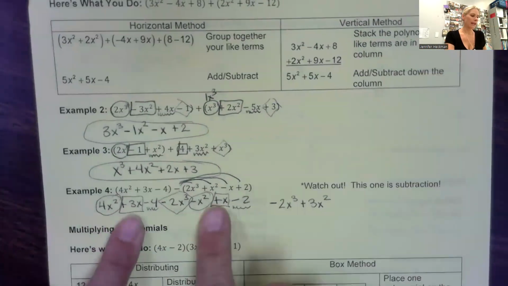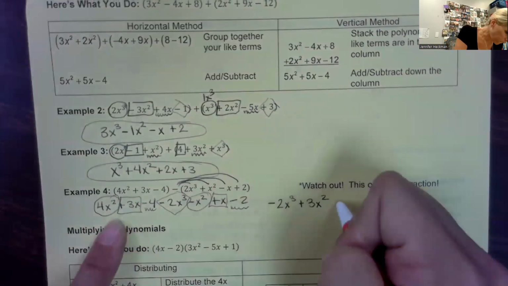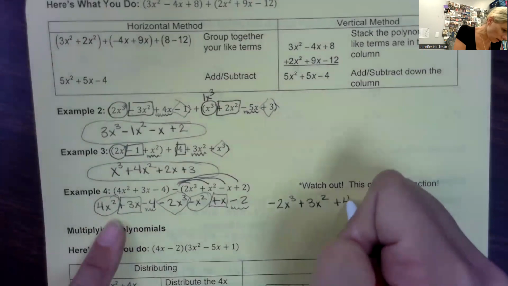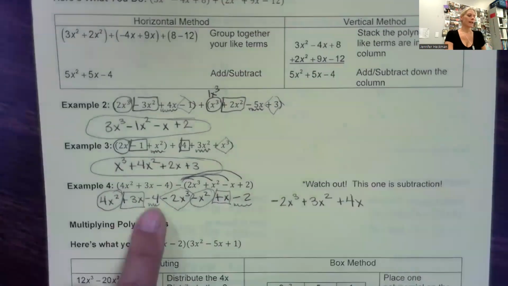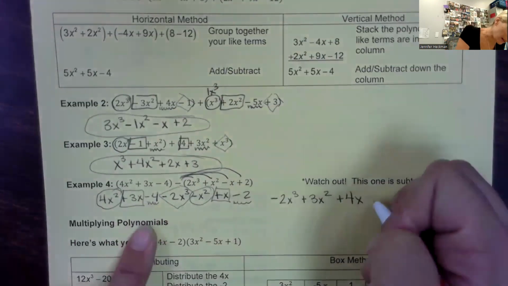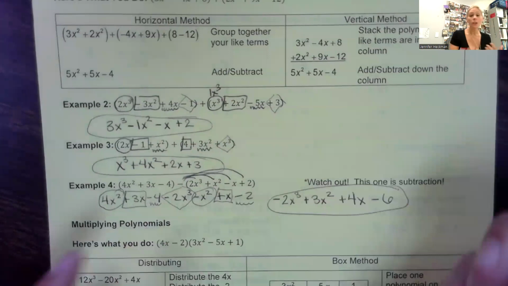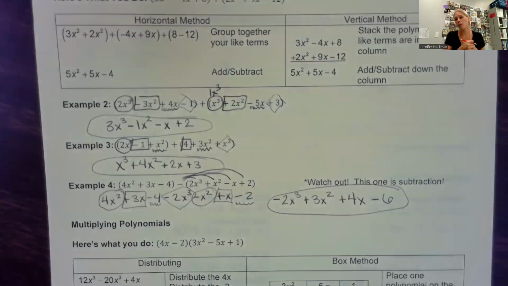And we have our x's here. We have 3 here and 1 here. 3 plus 1 is 4. -4, -2 is -6. So again, with this one, with example 4, if you want to keep notes to yourself, is you could